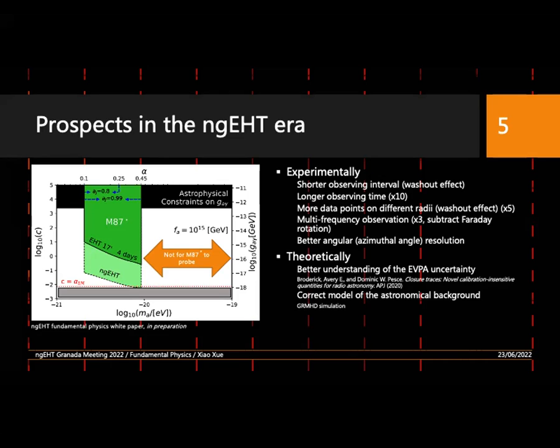So which means that, as you can see, the ngEHT curve actually touches the c equals alpha. It means that ngEHT in the future is able to explore all the possible parameter space that is between these two different masses. Which is quite interesting, because in most experiments in theoretical or particle physics, we usually do not have a lower limit, but here we have a lower limit. So here you can show the significance and the importance of the axion search using the ngEHT data.